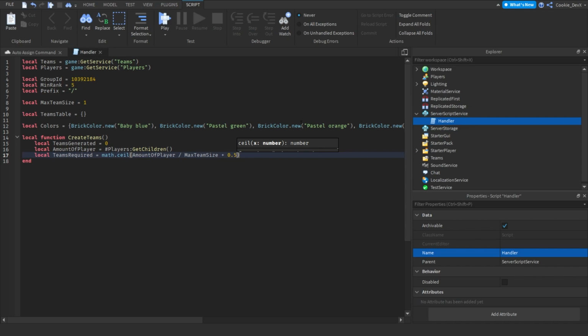And now that's going to divide the amount of players by the max team size, and then it's going to round it upwards. That's very important, as we want more teams needed than there should be, so that just stops any issues from occurring. Next, we're going to create a for loop, so we need to say for count equals